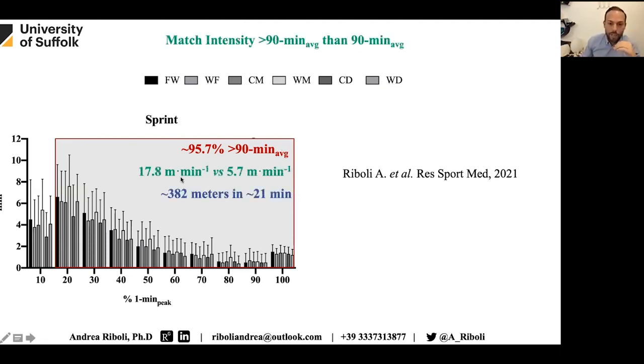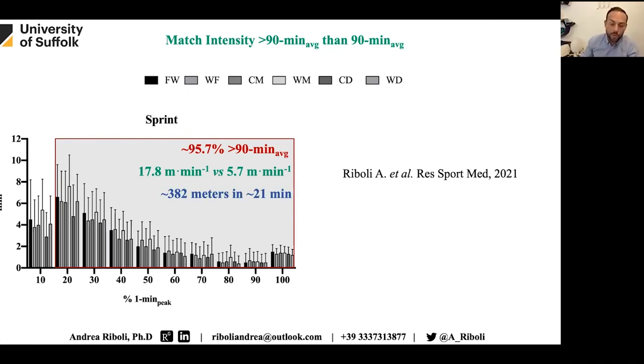We found that the intensity in meters per minute in the gray area was significantly higher than the average match demands. And we found, interestingly, that 382 meters, so about 95% of the total distance covered in sprint, was performed in about 21 minutes during official